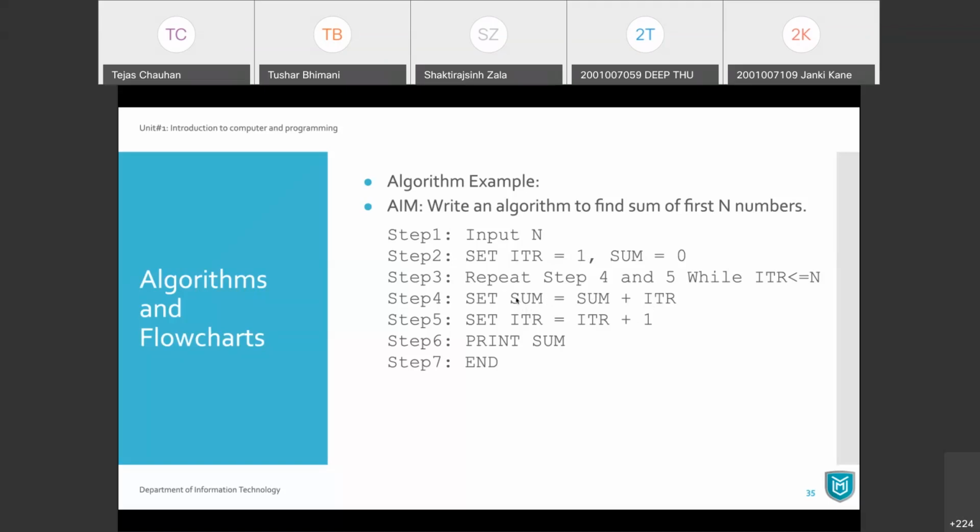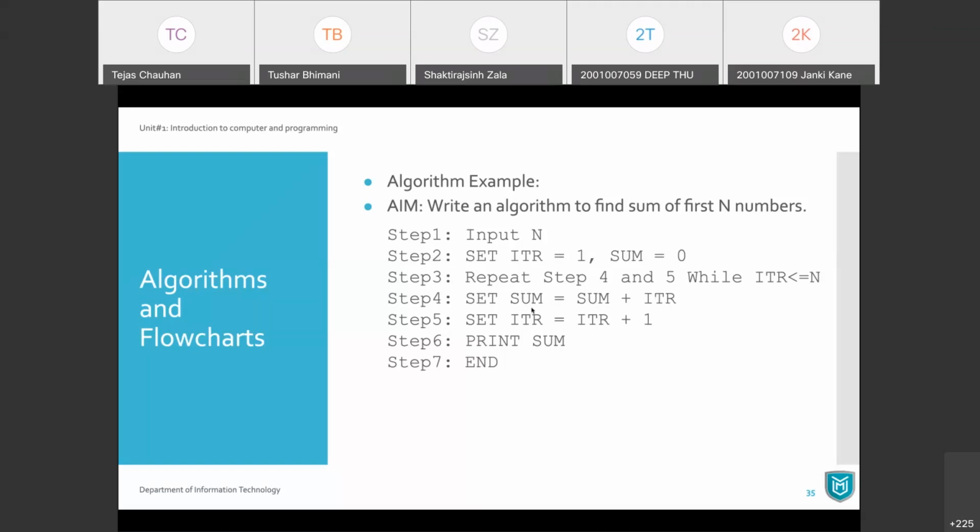Next iteration, sum will be 1 plus ITR will be 2, because in step number 5 we increase our ITR by 1. So 1 plus 2 is 3. Your sum is 3, and next time ITR will become 3, then 4, then 5. So every time you are increasing your ITR and adding that ITR to your sum.